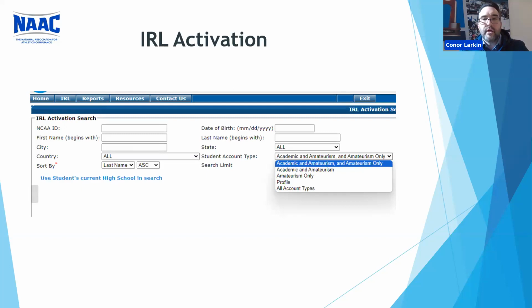to your institution's IRL. Now, you can enter different information that you have received in the different search fields on there, and you can also filter by the account type. And I specifically recommend using the all account type filter whenever possible, although on this slide, you can see that we've selected